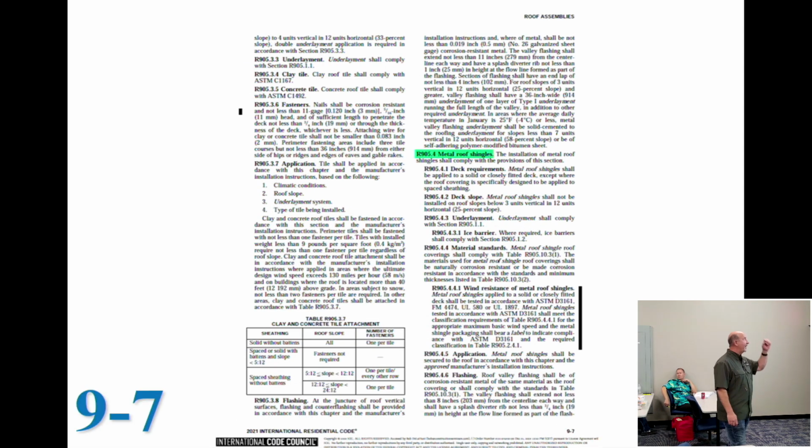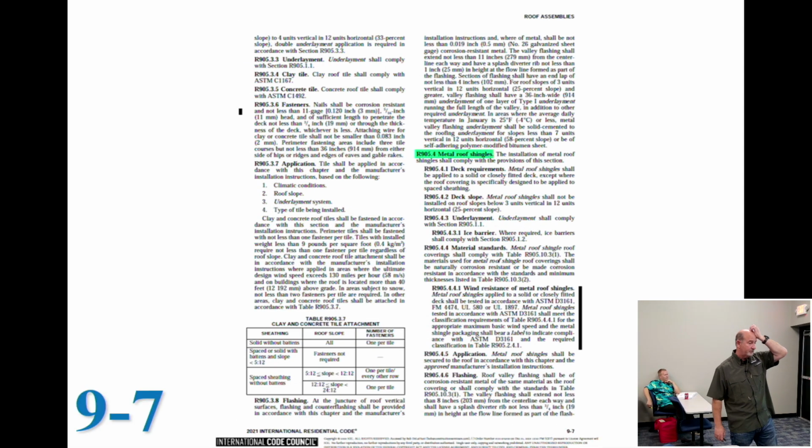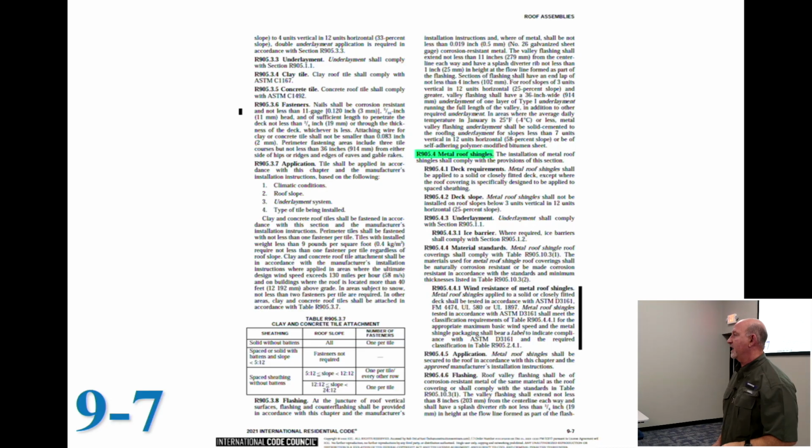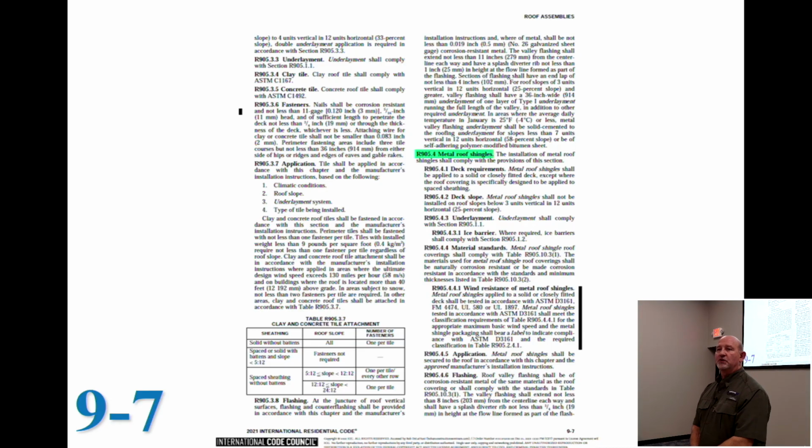905.4 on the next page, top right, is metal roof shingles. By the way, be careful, this is not metal roofs. These are metal roof shingles. This is like your shiny steel shingles your grandma had on her roof, right? These are metal roof shingles, not metal roof panels. But again, do you agree it's still not wood shakes? So that's not a 905.4.